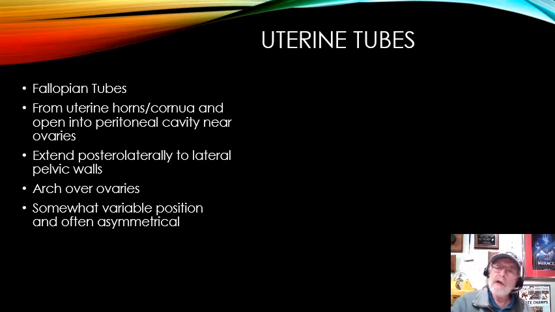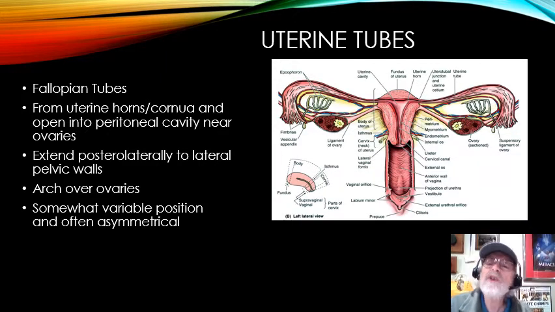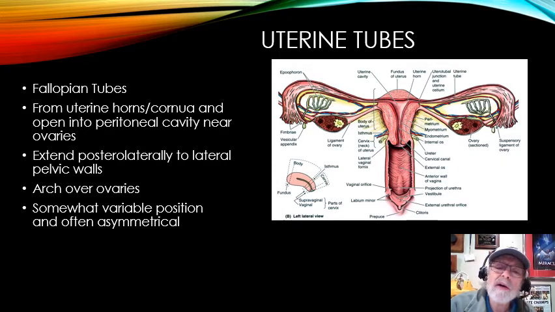The uterine tube arches over the top of the ovaries, and I'll show you what that is. There's a little bit of variance in position, but that's what we see. Again, it gets wider as we get closer to the end. This is going back to the image that we saw before. This is the fallopian tube coming out here, and see how it gets wider. This area out here is sometimes called the ampulla because it's much wider. And at the end, we have these little fingers, or the fimbria, and the ovary would be sitting right here.